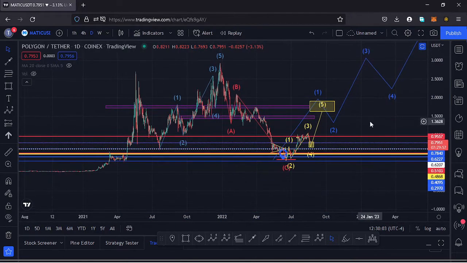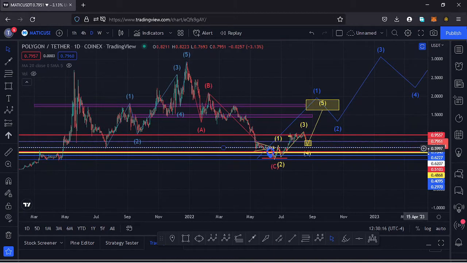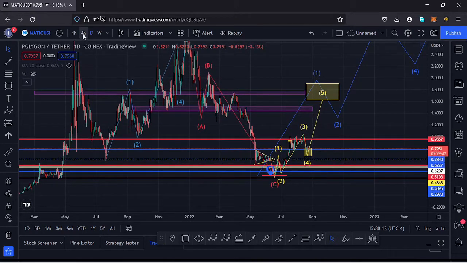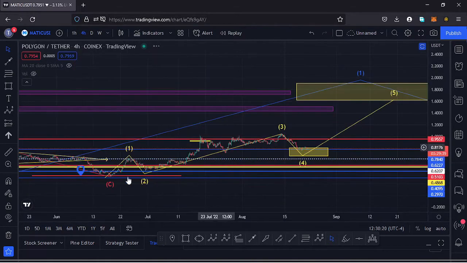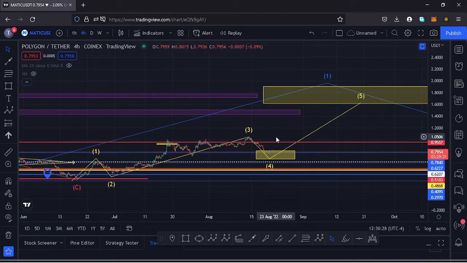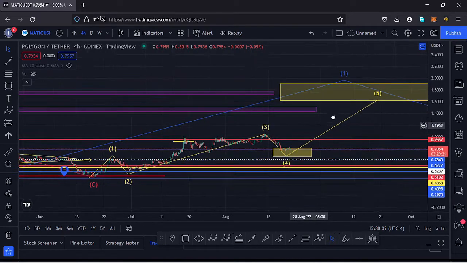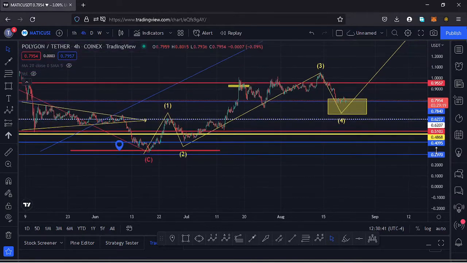And in this video I want to base my analysis on the Elliott waves, and within our first wave to the upside we also expect to see fractal waves, and I believe that is what has been in formation on this chart. So if I jump to the 4-hour chart for further analysis, here on the 4-hour chart you can see I have this fractal wave within a wave 1, which I believe is what is in formation here on the charts.